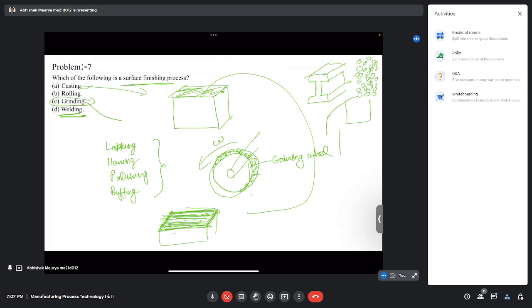We heat these ores, and finally we get iron in the molten form. Apart from pure iron, we also get some impurities,